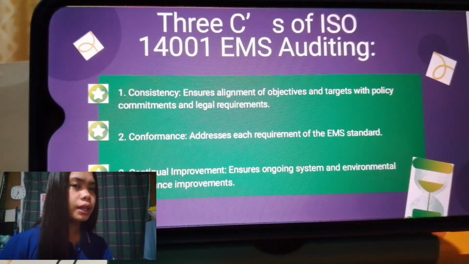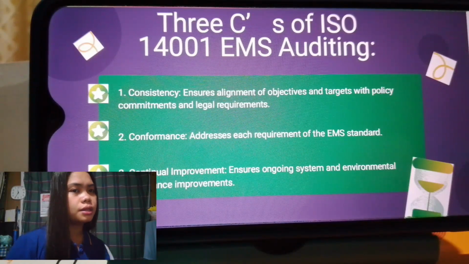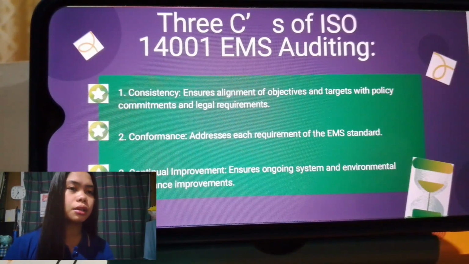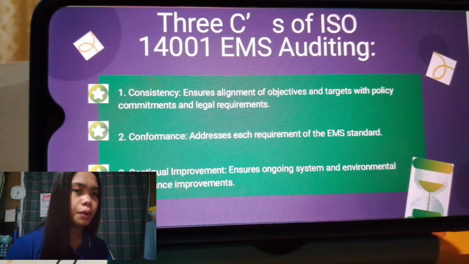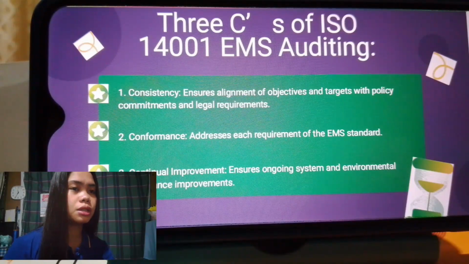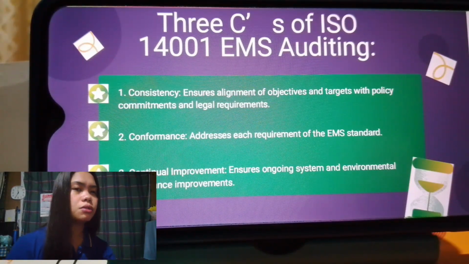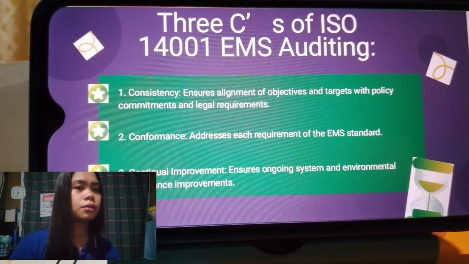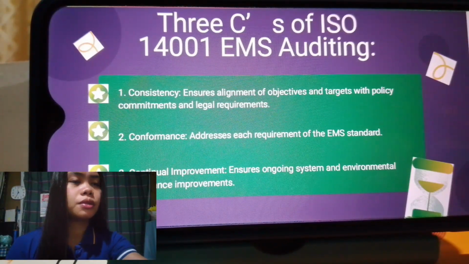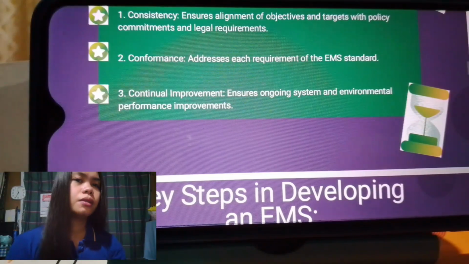So let's continue. The 3 C's of ISO 14001 EMS auditing. The first is consistency, which ensures alignment of objectives and targets with policy, commitment, and legal requirements. As I said earlier, this is what should be in the ISO, what they share, in meetings. And the second is